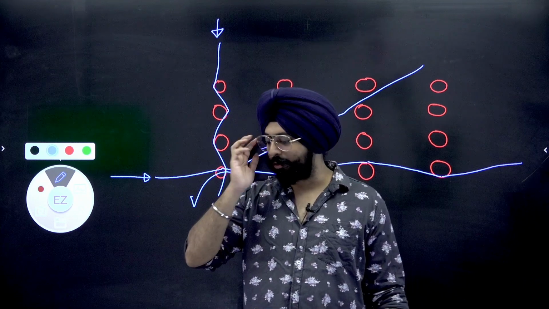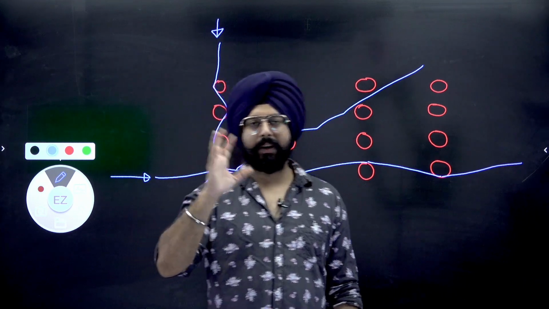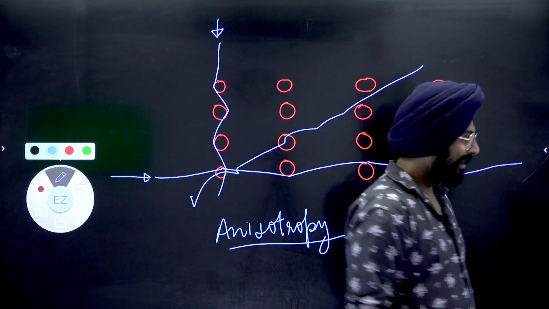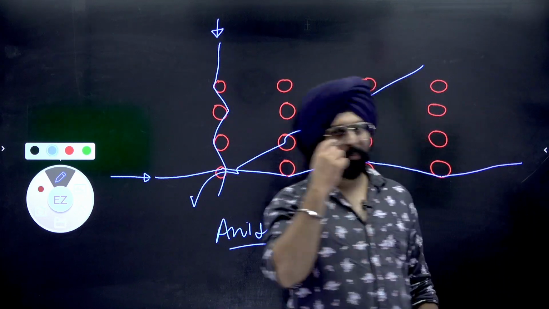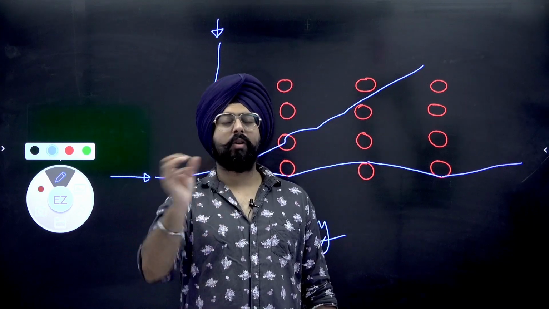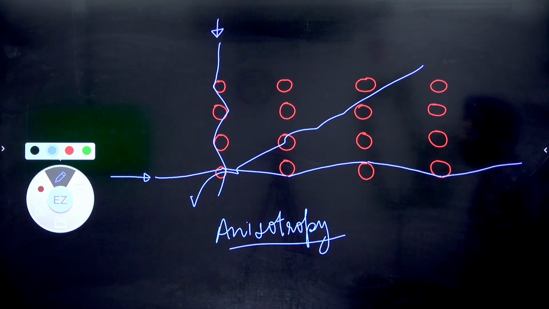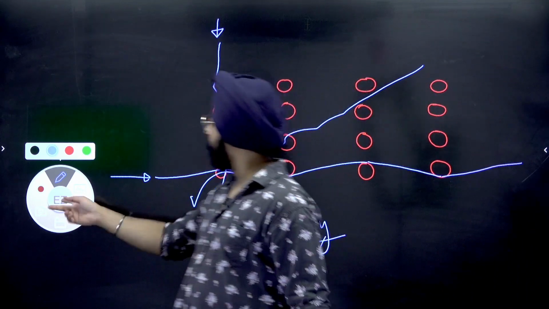Some people might be saying, sir, but glass is an amorphous solid. How can this be anisotropic? This is made with a special type of polymer. Okay? Which is not perfectly crystalline, by the way. It's almost crystalline. More about that later in the chapter of polymers, perhaps. Cool, so this is anisotropy.